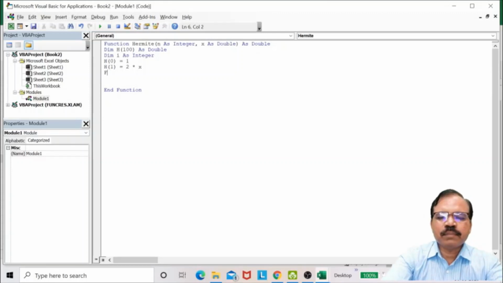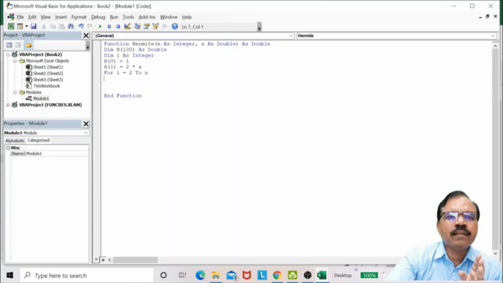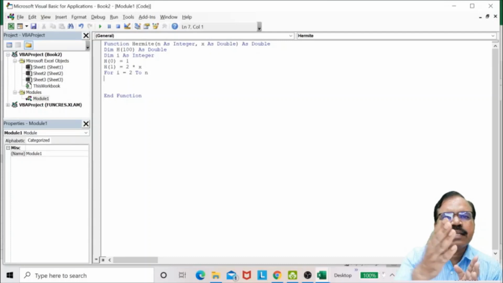So for that purpose I will use a for loop. For i equal to 2 to n, whatever n is given to that Hermite polynomial, n as integer, that is the argument of the function. So here what happens? i will go from 2 to whatever value is taken by that Hermite function, that is n integer.